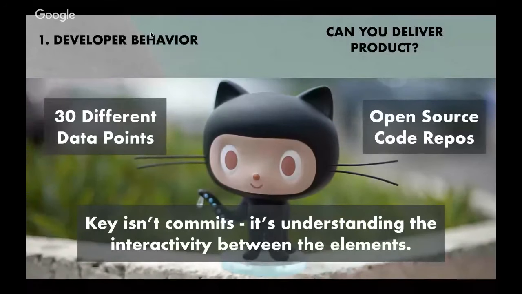And what we'd say is there are 30 things we track. We'll show you. And it isn't about any one of them. It's actually about how they interact with each other. So if you have a lot of commits and no bug fixes going on, that's probably not a good sign. We'd like to see even behaviors across all of these different formats.